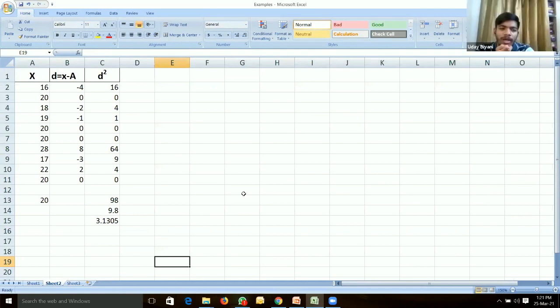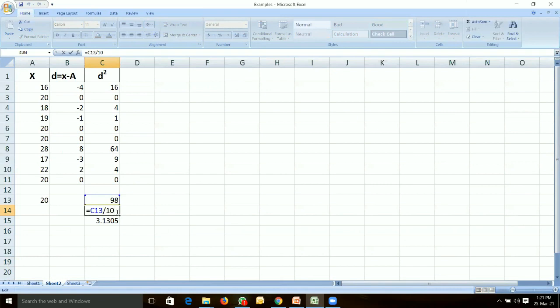समझा? मैम ये आखिरी वाला एक बार वापस रिपीट कर दो ना. See, our formula is square root of summation of (x minus x bar) square divided by n. So we first calculated sum, that is 98. Then we have to divide by total number of observations, that is 10. So we are dividing by 10, and just calculate the square root of this number. So we got the answer 3.13.